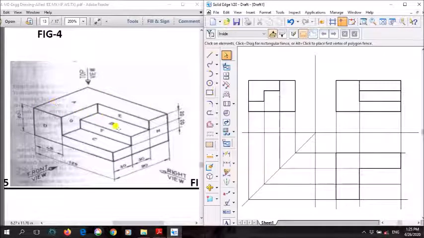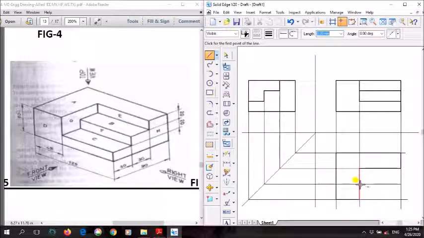Now we'll draw this B section, using thick line again. Start from here. From here to here, how much is it? 80. Again finally from here to here, how much is it? 30. Okay, so we have drawn B section. Similarly for C section, again start from this end, 80 to the right side, and upwards you join it.